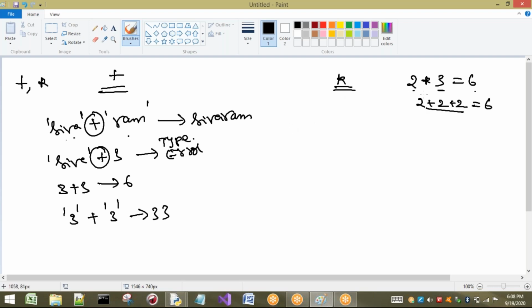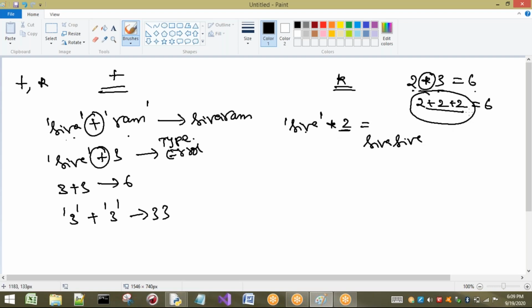In the same way, this is the multiplication operator here. If we are going to apply the multiplication operator with a string, compulsorily one of the arguments should be int type and the other should be string type. Let us take some string into 2. Just as 2 was multiplied 3 times to give 6, here the string is going to be multiplied by 2. So if I multiply one string with 2, how many times will it give me the string? 2 times.